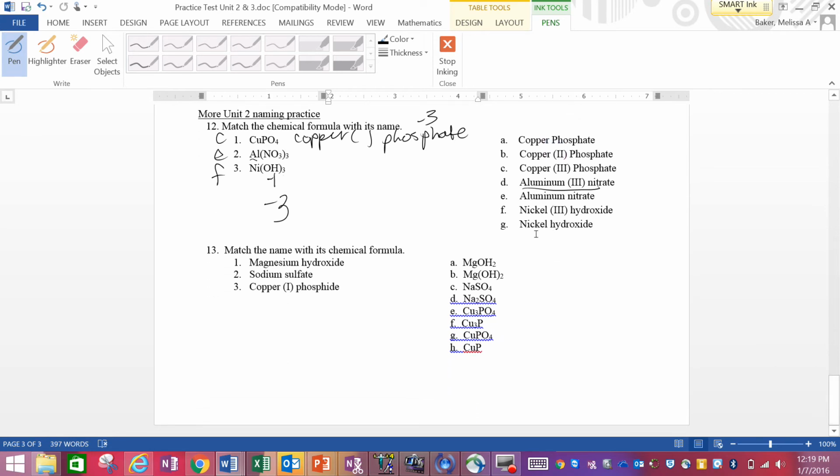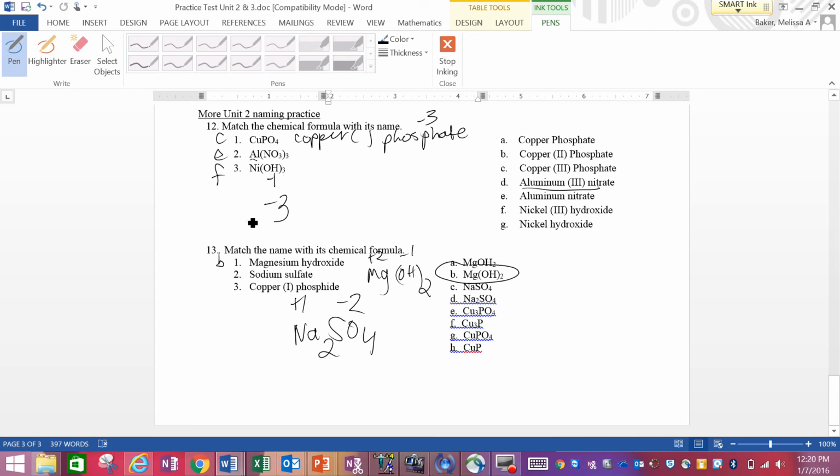Number 13, more tricky formulas. Magnesium hydroxide. Mg's got a +2. OH is a -1. So you need parentheses around it since it's more than 1. That goes with B. Sodium sulfate. Sodium's a +1. Sulfate is a -2. So it's